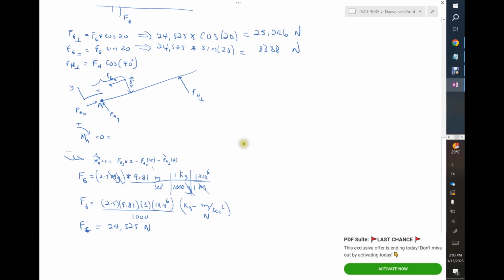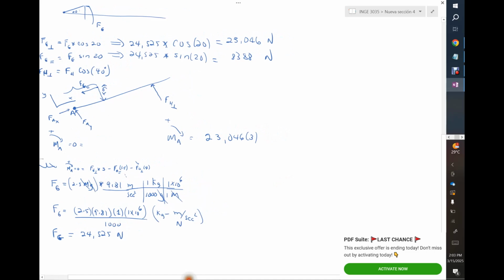So let's see, the sum of moments, this direction positive, equals 0. That means that we need F, the force of G perpendicular. That's 23,046 times 3, minus FG, that is that guy here, 8388 times 1.5,